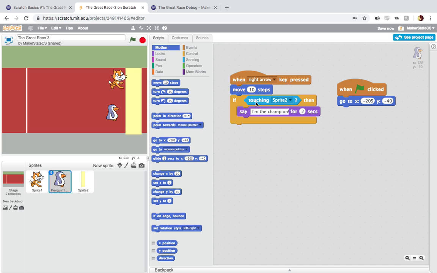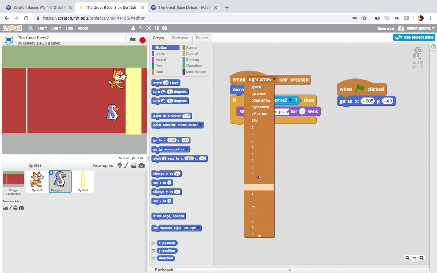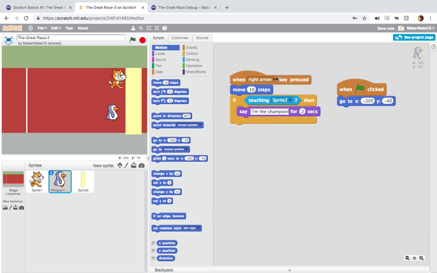And so just understanding some of the different functions of blocks and types of blocks that we're going to use. Okay? Also, things like how this drop-down arrow can give us different options for a particular block, right? Both for the arrow key and for this touching block here, and also our ability to change or edit the information inside any of these blocks, right? Changing the thing that we're going to say or changing the amount of steps that a sprite's going to move. Those are all really important Scratch skills and Scratch ideas that you should make sure your students are comfortable with